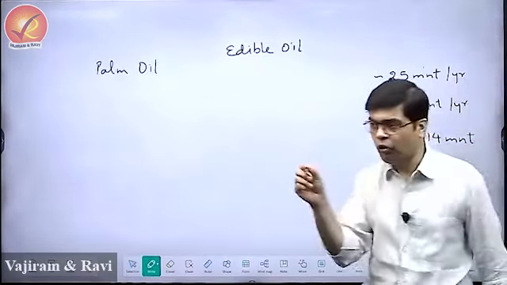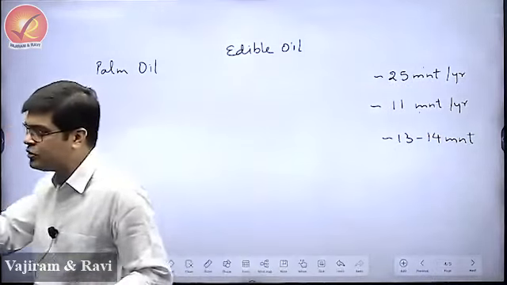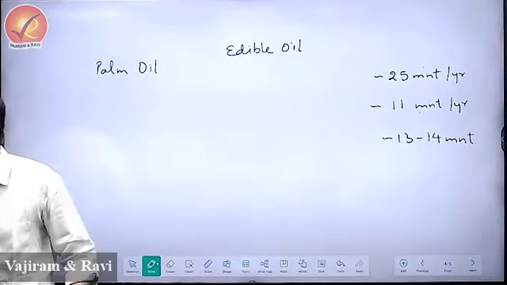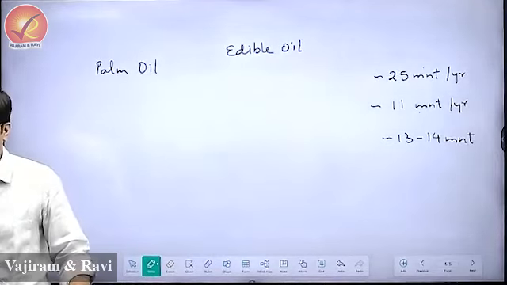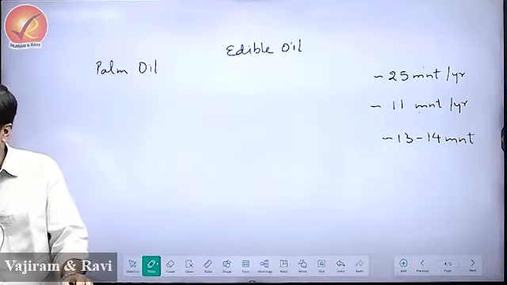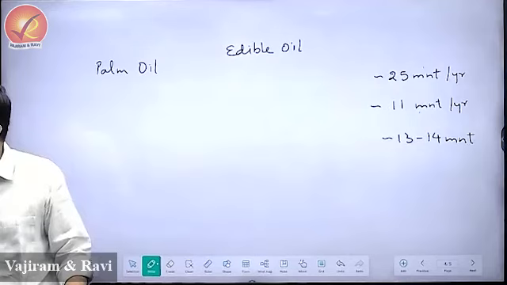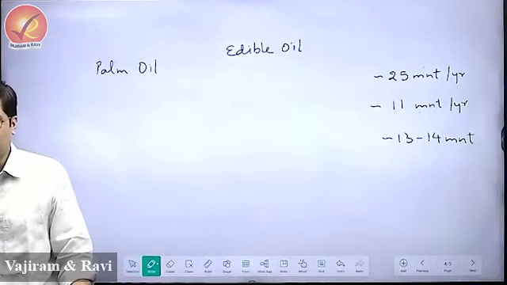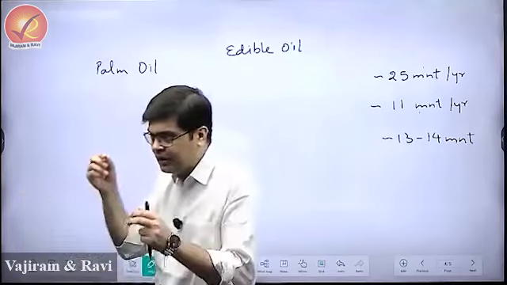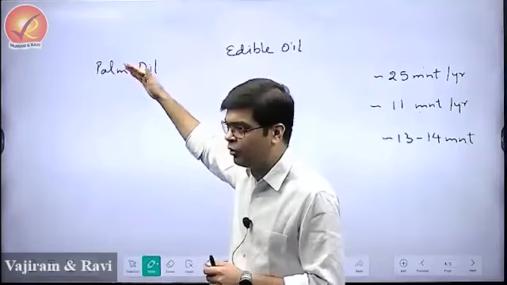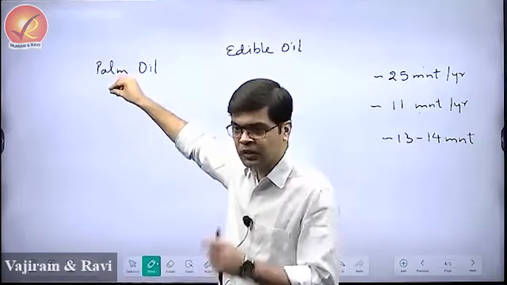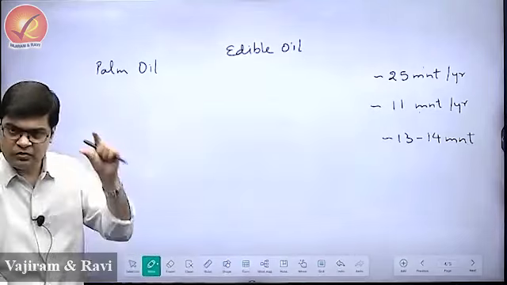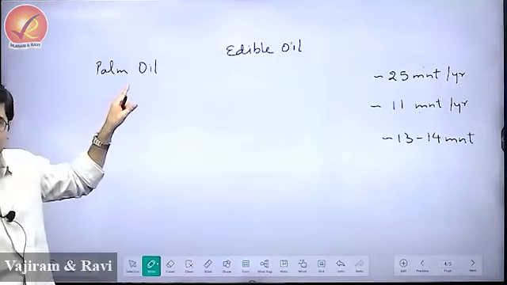Look, the maximum of the palm oil is used for making hydrogenated vegetable oil. Hydrogenated vegetable oil can be called margarine, or vanaspati, or if you have heard about dalda, in North India normally dalda is the term that is used. So that dalda or vanaspati, that is hydrogenated vegetable oil, is much cheaper compared to sunflower oil and much cheaper compared to mustard oil. That is the reason why it is made from palm oil. So whatever palm oil is there, the maximum of that is used in making hydrogenated vegetable oil, plus it is used in processed food. It can be imported from Malaysia, Indonesia.